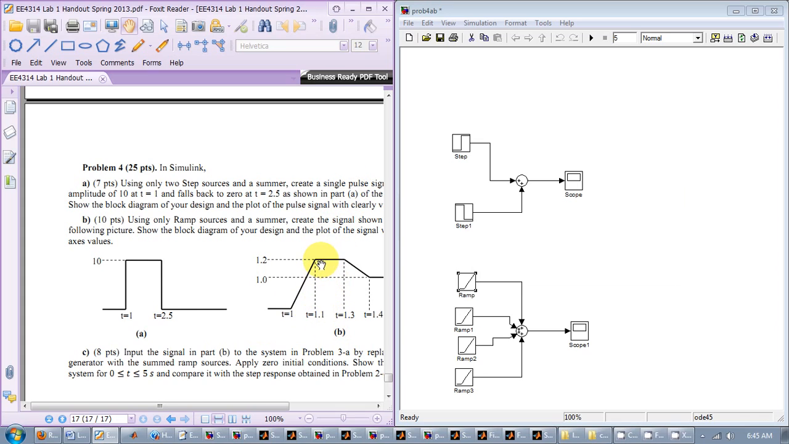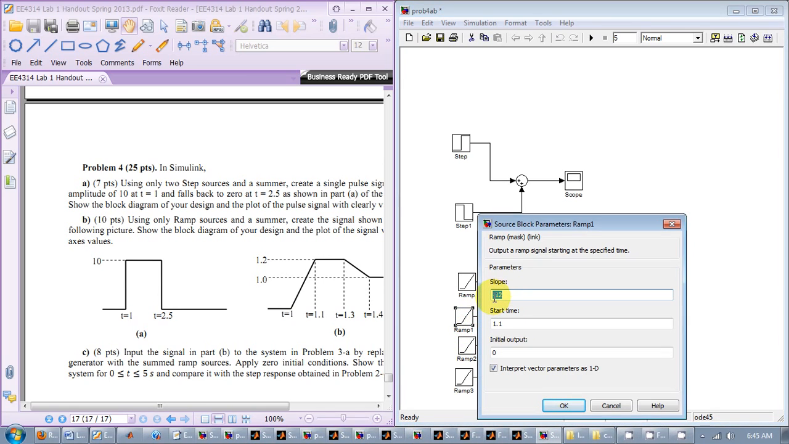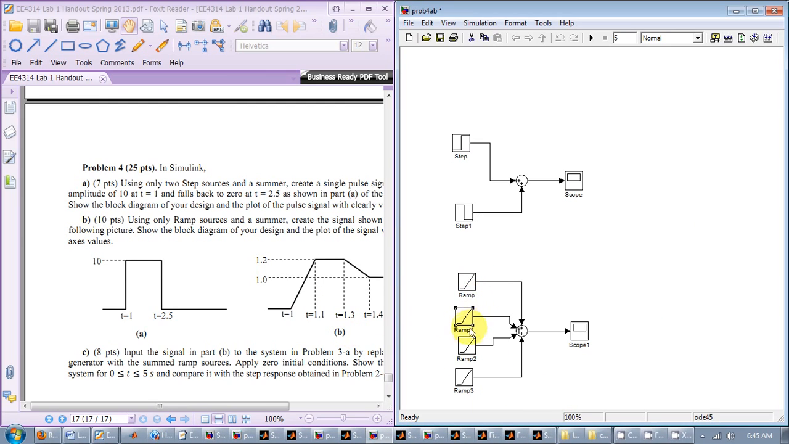At time 1.1, I want to bring it back to a flat curve. So I'm going to subtract the same ramp. A ramp starting at this time, when subtracted from this ramp, would yield a flat curve. So I have a ramp with a negative 12 slope starting at time 1.1, and when it's added into it, it makes it flat. At time 1.3, you want a negative going slope,